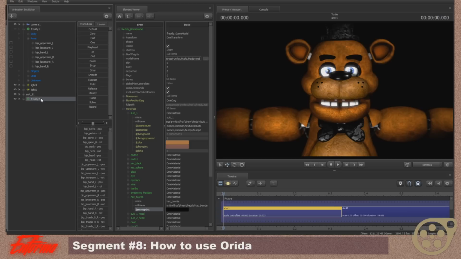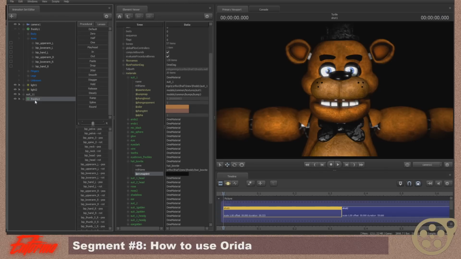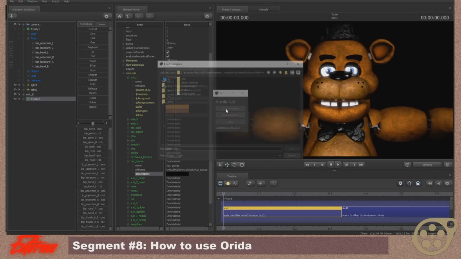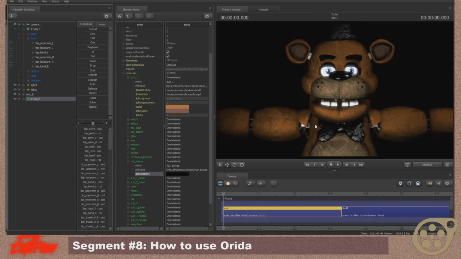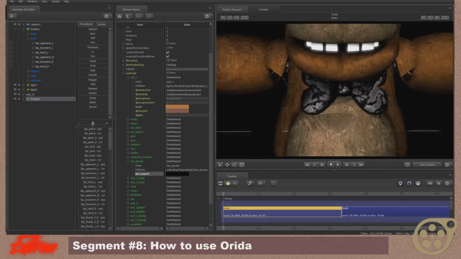To open up the override materials, we're going to add override materials, Rig, Orta, load override materials, and it's going to save as a JSON file, tutorial, or whichever file that you have it as. I'd recommend having directories for all your models, just to be organized. And open, and then bam, there you go. You got all the textures and whatnot that you had previously made on the model,